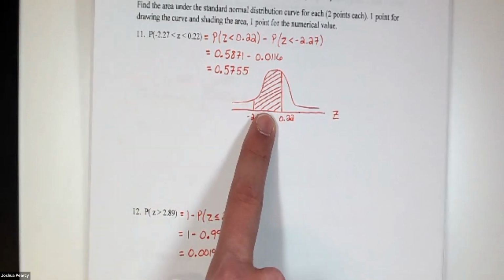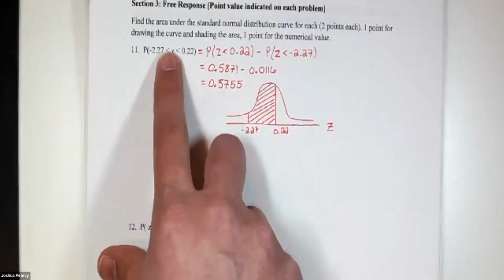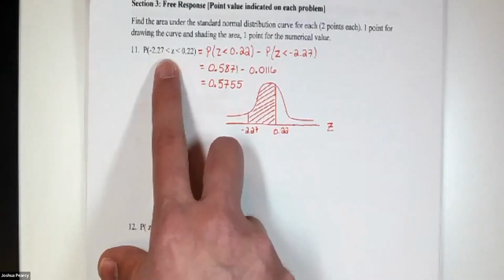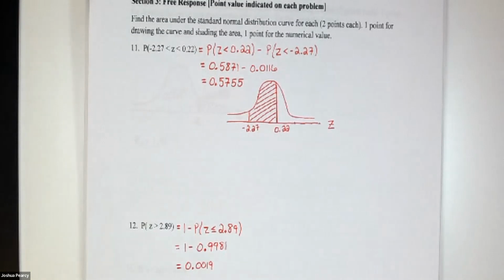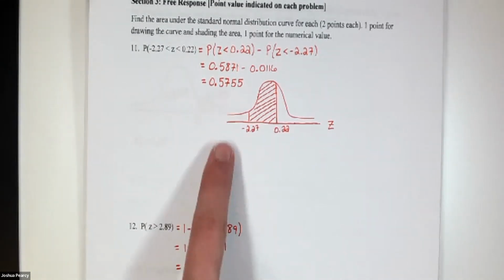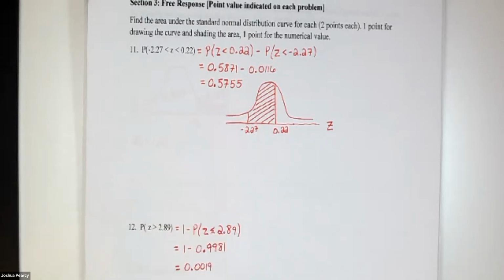So you needed to shade that area here, and then use the rule that the probability of it being in between two z-scores is the probability of it being less than the upper, minus the probability of it being less than the lower. And it gives you an answer of 0.5755. For